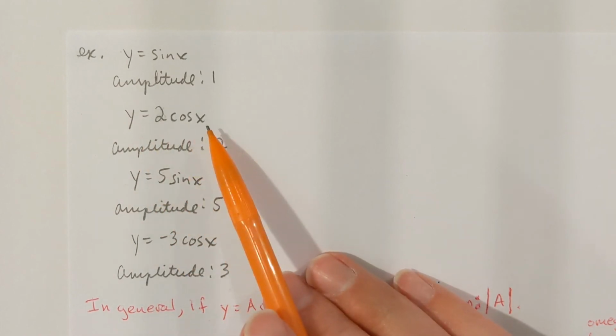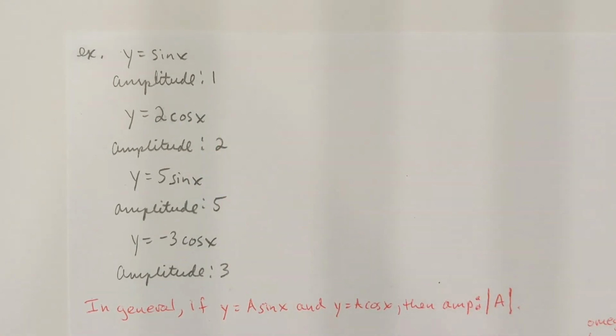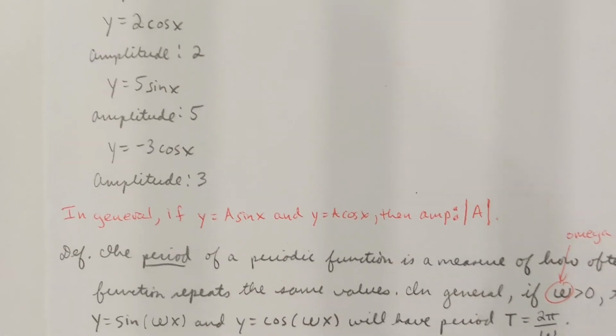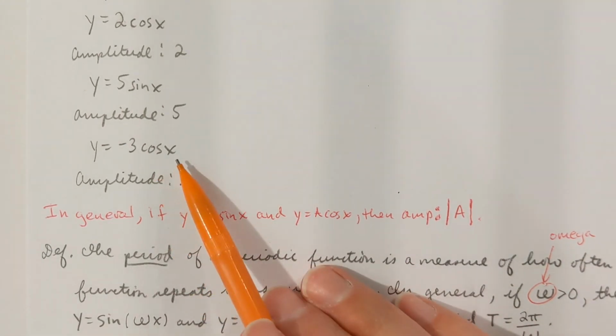If I had y equals 2 cosine x, that would be a vertical stretch of the cosine curve by a factor of 2. And so the distance from the highest to the lowest point would be a distance of 4. Therefore, the amplitude would be 2, since it'd be half that distance. If you had y equals 5 sine x, the distance from the highest to the lowest point would be a distance of 10. Half that distance would give us an amplitude of 5. Now, if we look at the next example here, y equals -3 cosine x,